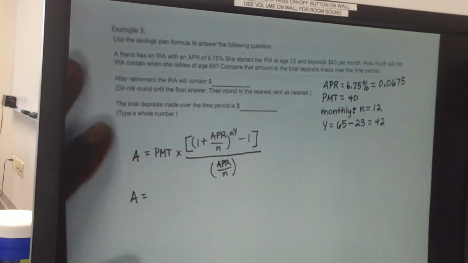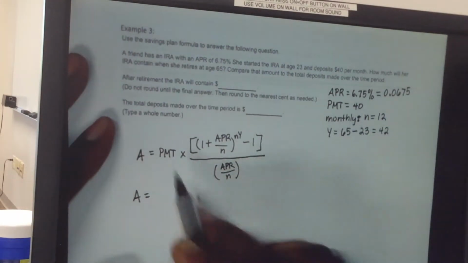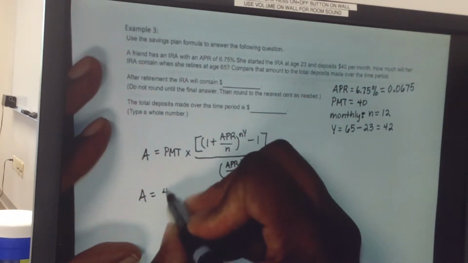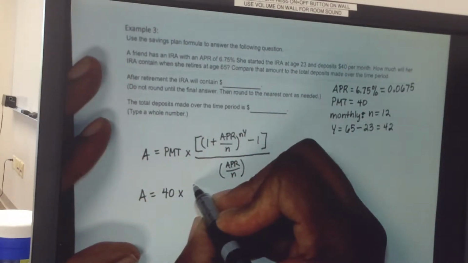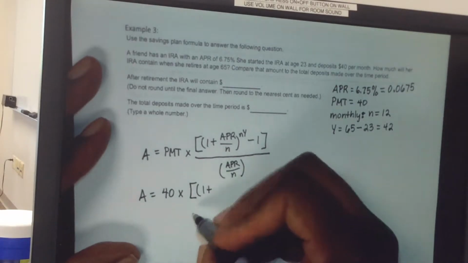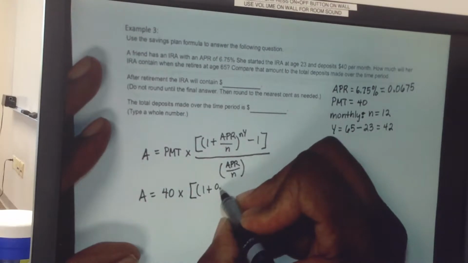So here we're going to substitute here. Your payment, that's $40, a PMT, times, down in the numerator, we're going to have 1 plus your APR, that's 0.0675,